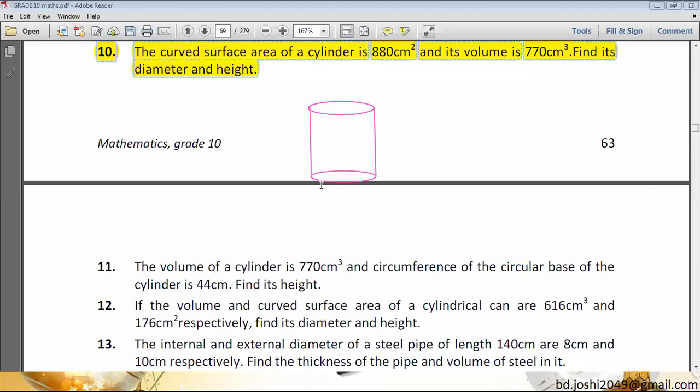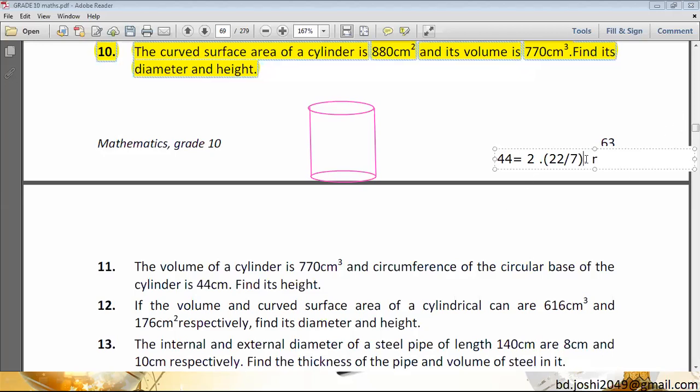Yes, sir. And the next thing given here is the circumference of the circular base, 2 pi r. Yes, circumference of circular base is 2 pi r. I used pi here because I don't have the symbol here to write now. 2 pi r, it is circumference, and the circumference given to us is 44. Value of pi is 22 by 7.